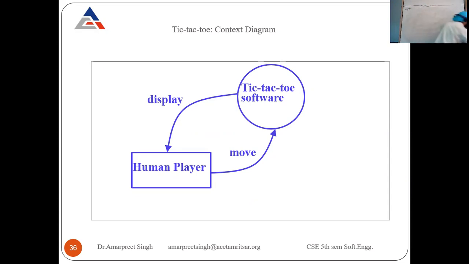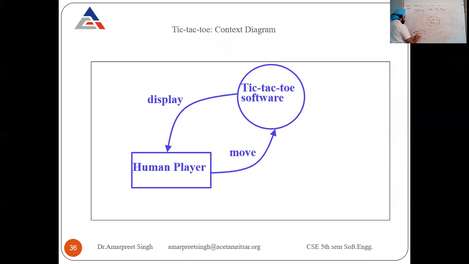So the context diagram, DFD level 0 of tic-tac-toe. Very important. The simple main functionality is that we have to play tic-tac-toe. The main functionality is the tic-tac-toe software. So what does it need? The external entity to play. So the external entity